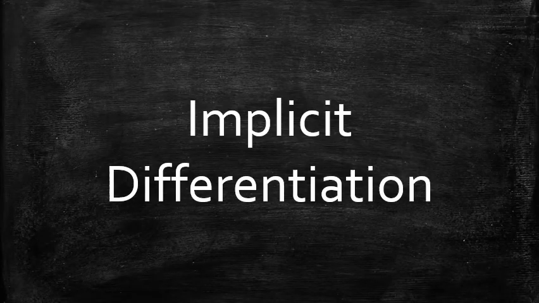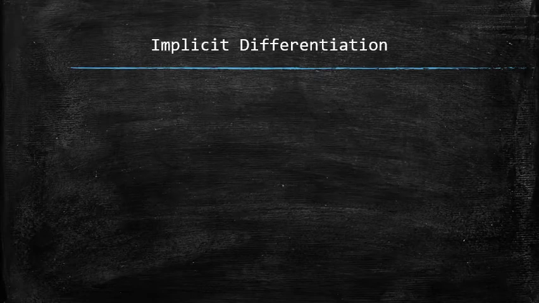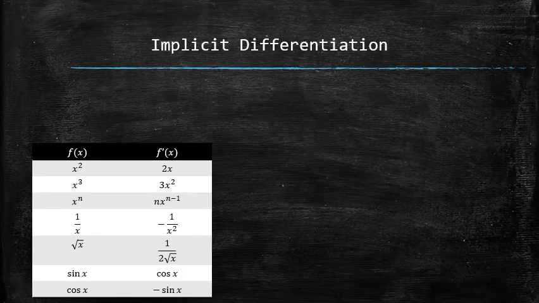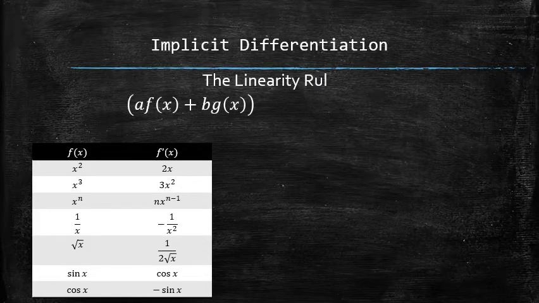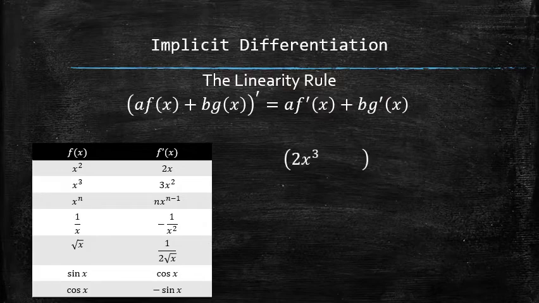Next, we will discuss the concept of implicit differentiation that allows us to differentiate any function regardless of whether it is given explicitly or implicitly. First, let's recall the table of basic derivatives and let's practice applying the linearity rule for linear combinations of functions, one of which is known and one isn't. We will label the unknown function with the letter y.